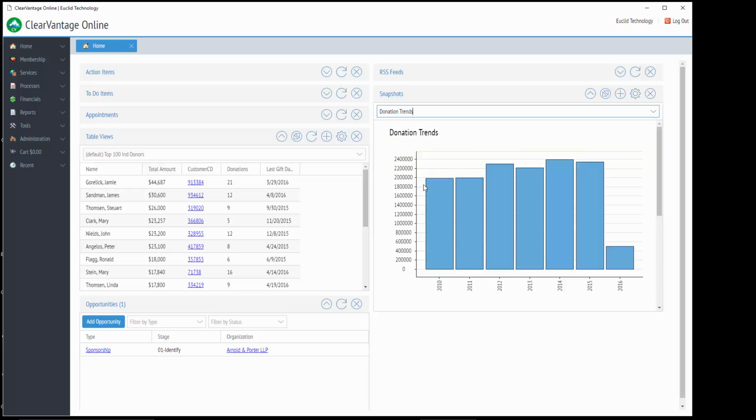donation trends, but really the reports here aren't the most important aspects. Rather, it's that ClearVantage can provide you any information that you need at your fingertips. As we discussed, business intelligence is a major part of ClearVantage. Not only do I have my standard dashboard here, but when you log in using your login, you will see a membership dashboard